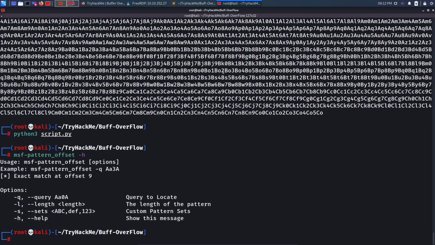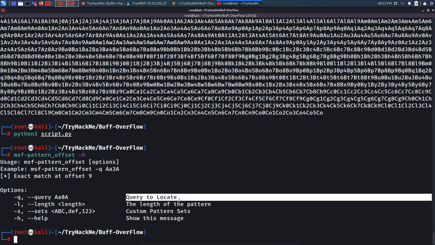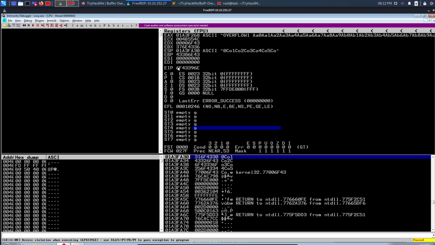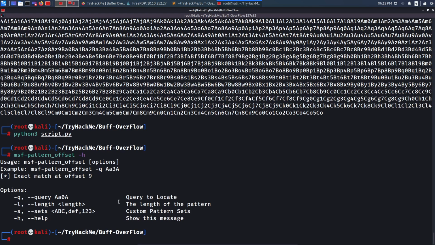Now the query will be the query to locate, and what I will locate is this one, which is overwriting my EIP, because I need to find out at what place my EIP is being overwritten. So I will come back to my terminal and I will do the same thing, -l. The length is 2000 again, because these are 2000 characters in that pattern, and the query which we were able to overwrite to EIP was